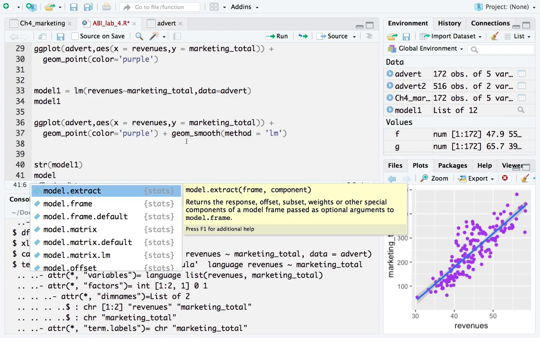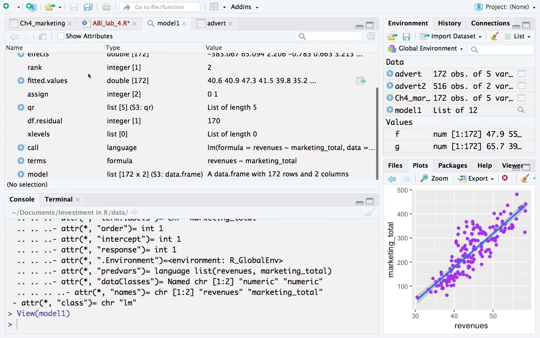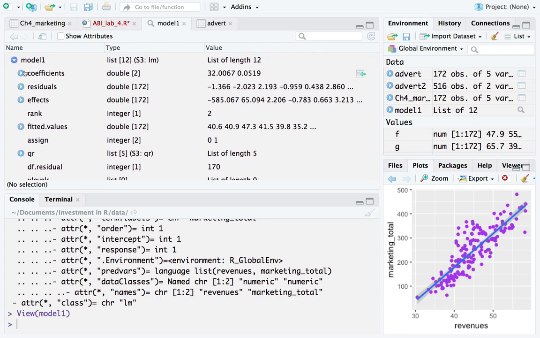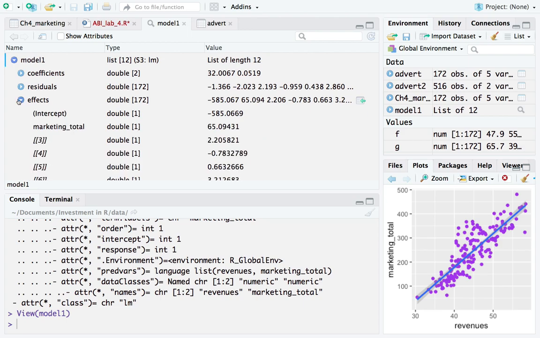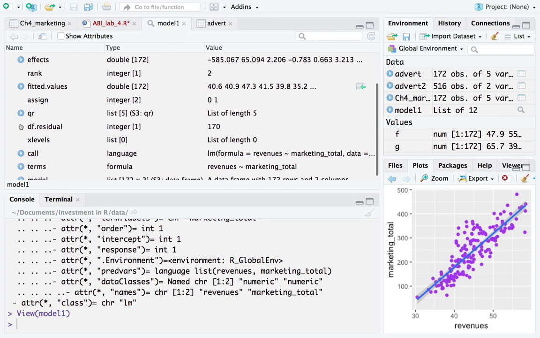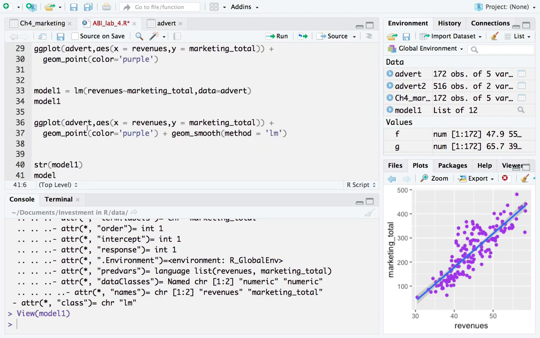Right, maybe it's easier if I click on, there you go. And it basically shows you everything there. This is much easier to look at. You have the coefficients there, you have the residuals there, you have all these other things called effects, fitted values, and all these other fancy terms from regression. Okay, so here if I do model 1,